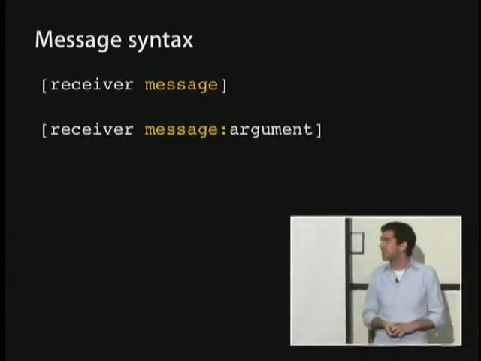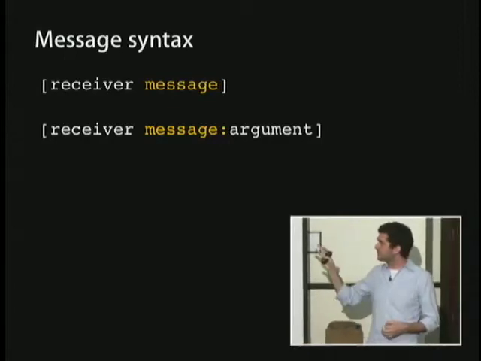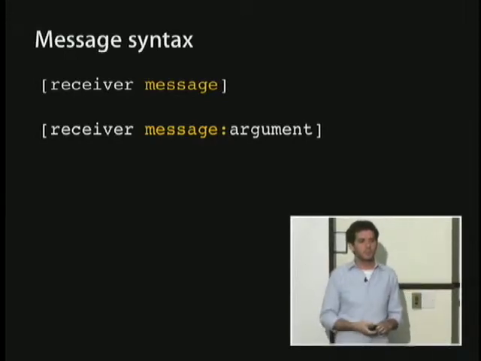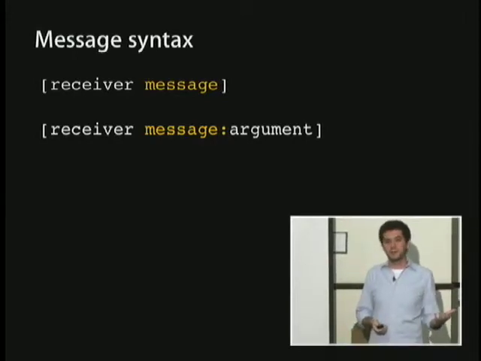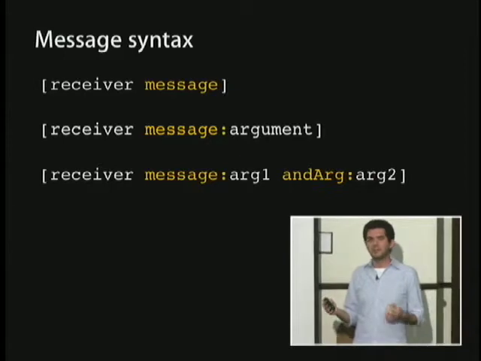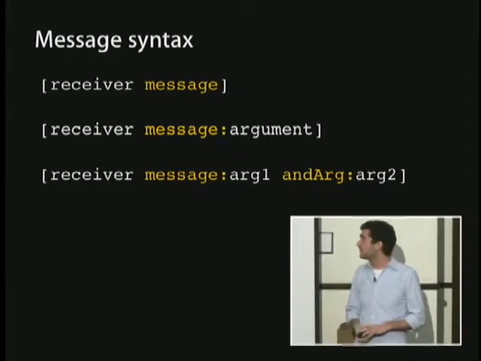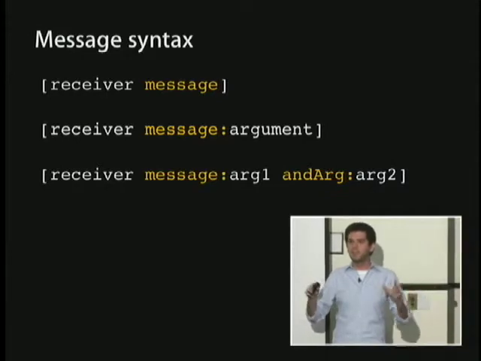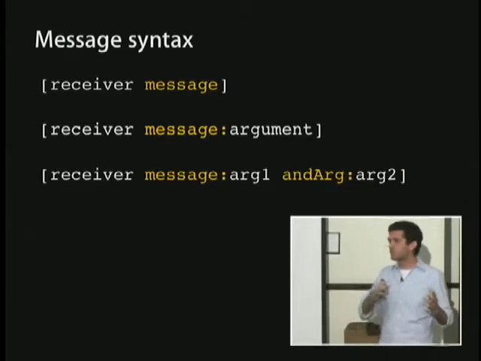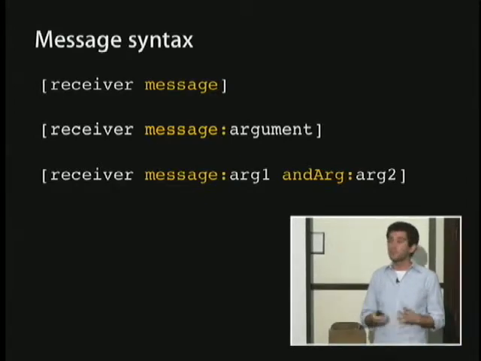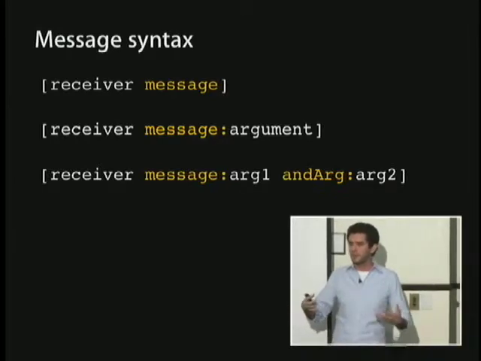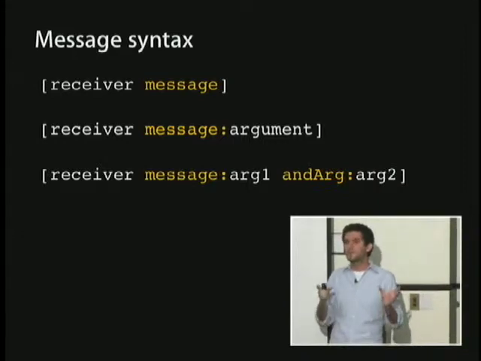We're not actually passing any parameters here. If we had an argument to send, it's not much more at all. We just add a colon at the end, and then the argument goes after the colon. If you have multiple arguments that you're going to send to a particular message, then each of those arguments ends up being named. The method name that you're sending is composed of both of the names along with their colons, the entire thing in yellow there. So the method that we're calling in that last example is message colon arg colon. The order of these is very important, because the names and order of the arguments are what uniquely identify the particular method that we're calling.